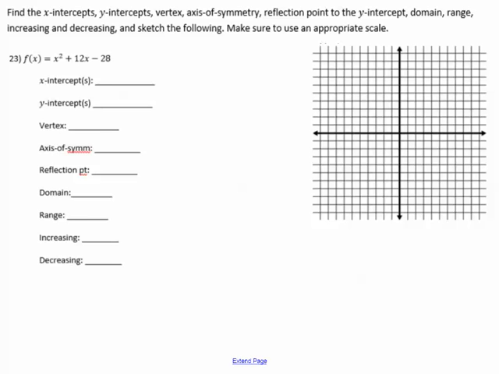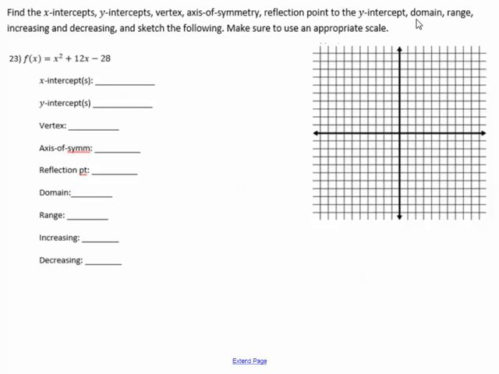All right, here's a review problem for the third test that talks about graphing a parabola. So in general, here's what I've got. Instructions say, number one, I'm going to find a pen first. Number one, find the x-intercepts, y-intercepts, vertex, axis of symmetry, reflection point to the y-intercept, or a reflection point in